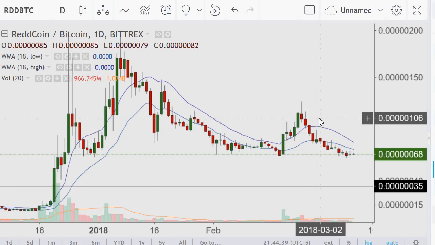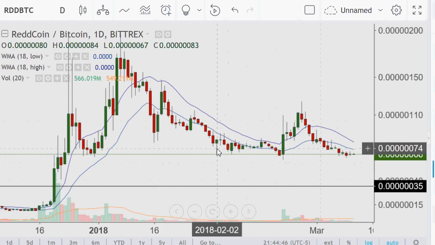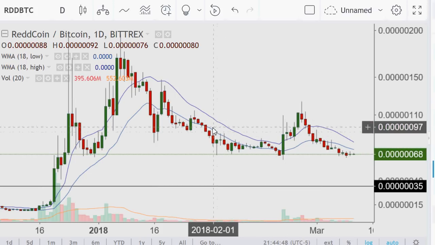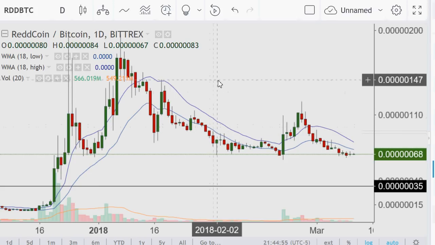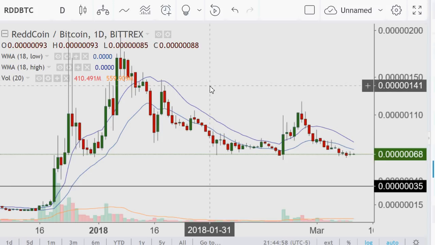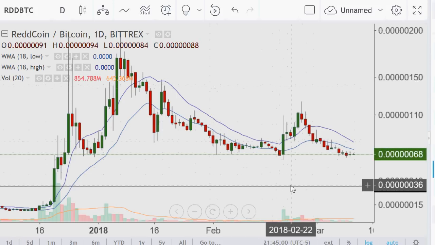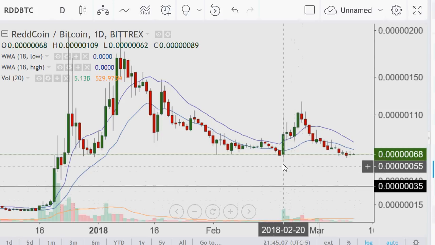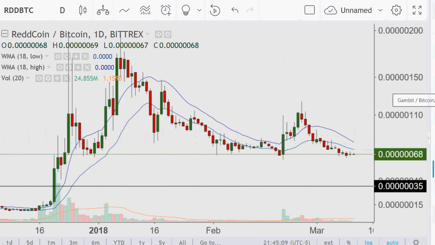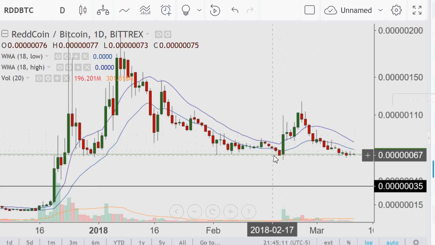Oh, it found a little bit on March, but keyword was just a little bit. Probability odds to me state there is a better chance that the market will lose about 50% from here, going down to 35, than it would making a move of around double, we'll say to about 141, which is basically the same. Because I would expect this to go to 34 if there's a line at 35. So therefore, yeah, I mean, support is massive at this